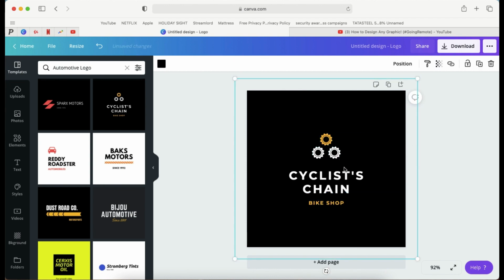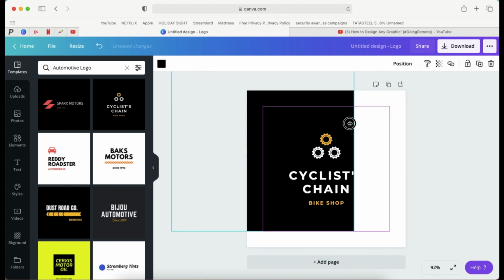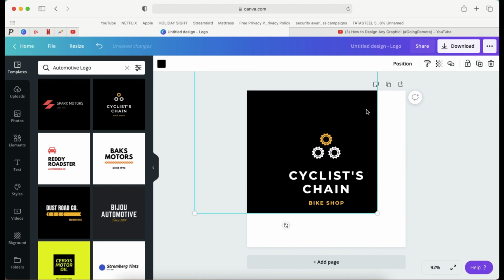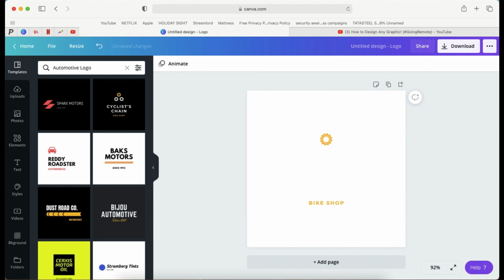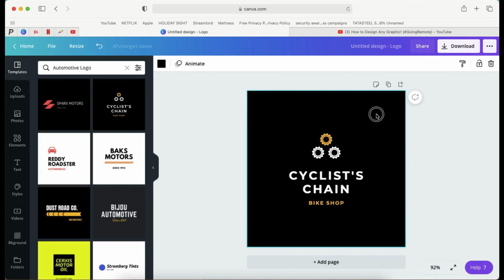So we want to delete this, this thing, we don't need the background color like that. We can again select this thing and change the background color, which will not move anymore. Now this is not the object anymore. So what we have to do, we have to change the element, we have to delete the element. To delete the element we have to select this.